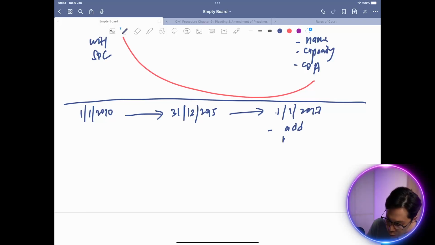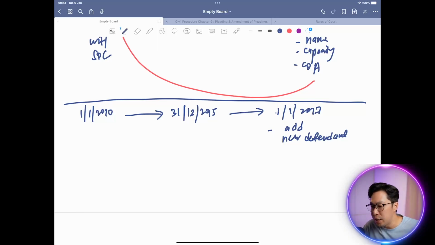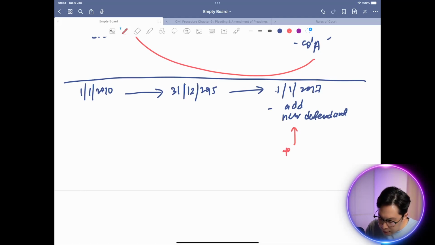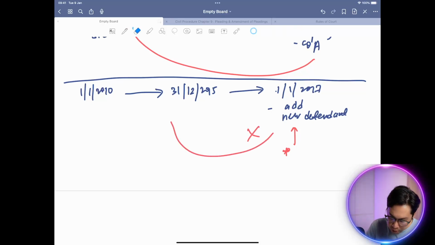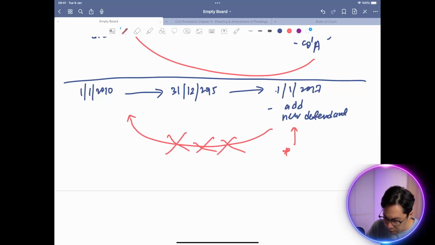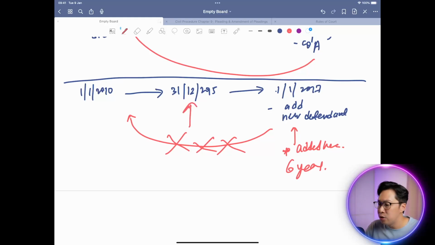Now you wanted to add a new defendant, a co-defendant, or should I say. Obviously, it's over the limitation period, isn't it? And they will not allow you because when this is added here, it's treated on these particular dates. When you add a defendant, it's treated as no relation back, because it doesn't come under any of the exceptions. So the added defendant would be treated as if the defendant was added here. But how can you add here? Because limitation is 6 years. Due date is here. So if you look at the reasoning,